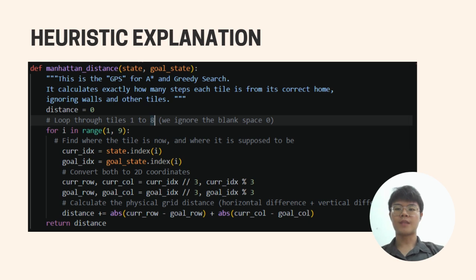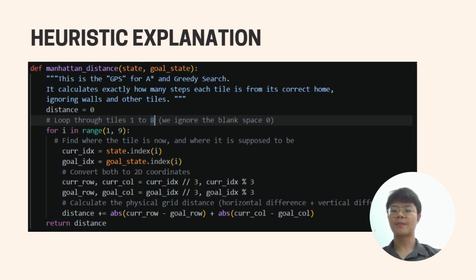So this is the Manhattan distance function, or it can be said it's the GPS for A-star and greedy search. So the first step is to declare the distance with the initial value of 0, and we do the loop iterating from 1 to 8 tiles, and we exclude the 0 because it is the